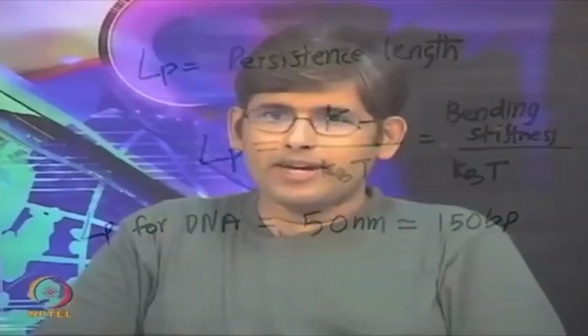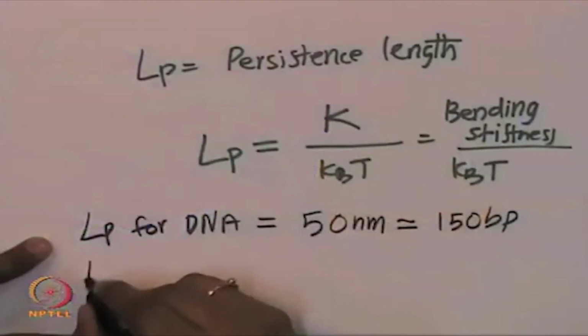Persistence length is the length beyond which DNA will start bending, start wobbling, start appearing wiggly. So, beyond 150 base pair DNA will start slowly bending, but below 150 base pair DNA typically will be pretty straight. For actin, the persistence length